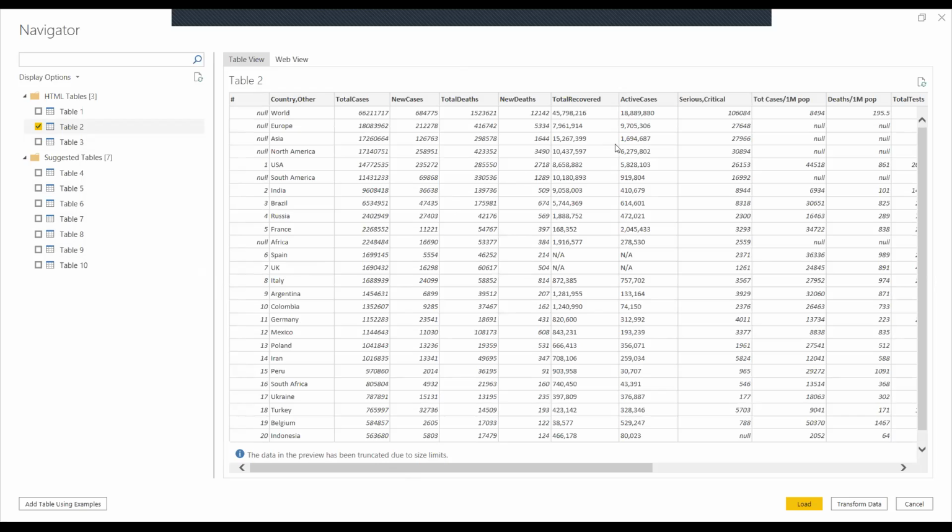New cases, total death, new death, total recovered, active cases, serious cases. I think this is the table which I want to load. So click on the Load button. Another option is the Transform button. The Transform button will give you an opportunity to change the data, but the Load button, I think,